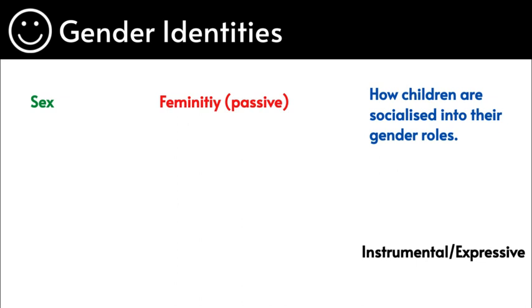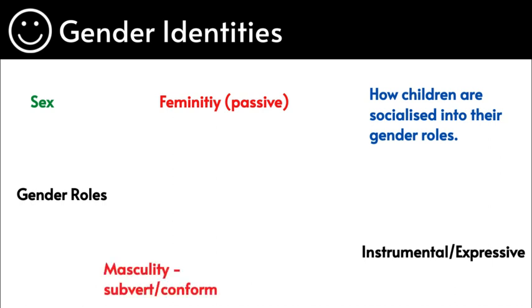And how children are socialized into gender roles is a whole video on that where we looked at education mostly. So it all comes together. So please link that in. When we looked at gender subject choices, you'll be able to find that video there. Gender roles, gender identities help to form gender roles and masculinity as well. So if men conform to the hegemonic masculinity or they subvert that type of masculinity. So socialization all enforces this. So socialization, which we'll be looking at in the next few slides, all enforces all of these different things on the slide.